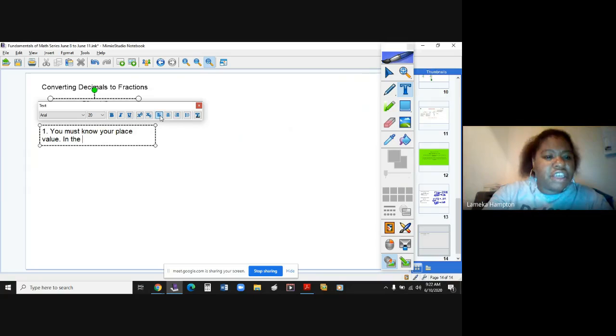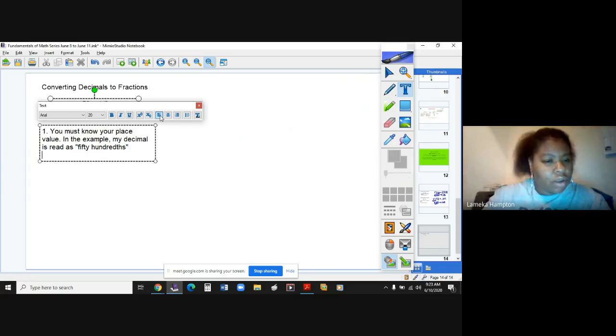Okay, so in the example, a decimal is read as 50 hundredths. I'm going to write that. Is read as 50 hundredths. So because I read it as 50 hundredths,